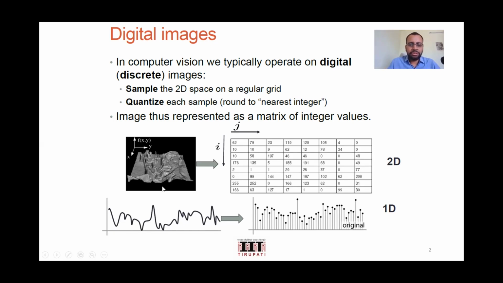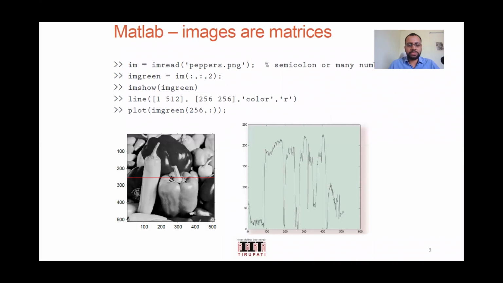The moment you have an image, two phenomena are happening. On one side, you are spatially sampling the image, and the second thing is, in order to store it digitally as an image, you would be quantizing the intensity values to the nearest integer. And of course, this quantization would depend upon the number of bits you are using as well. Okay, these are the two things that we discussed.